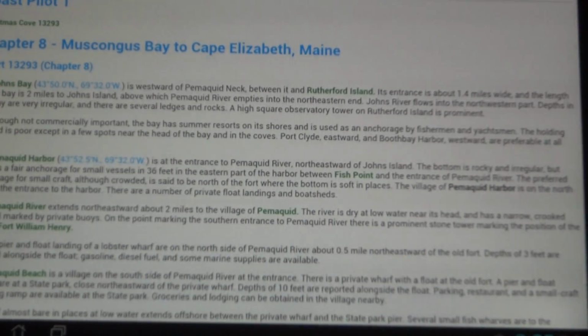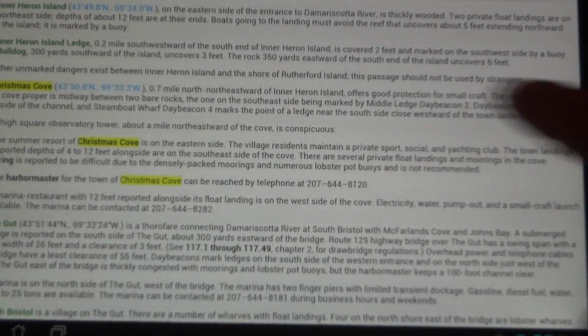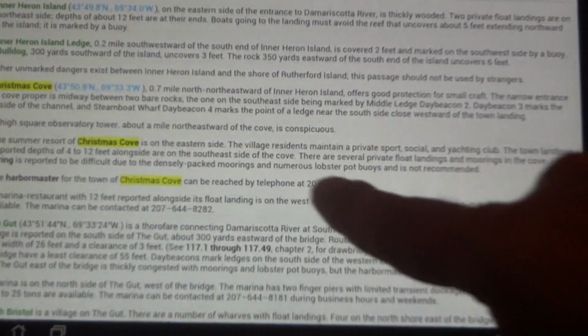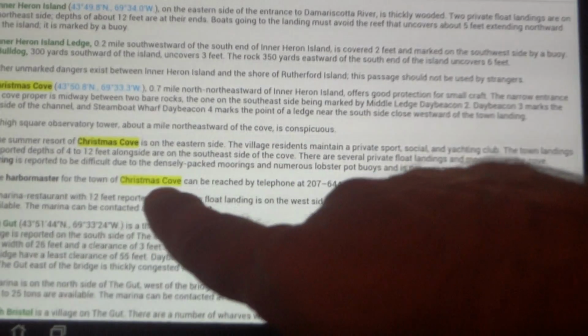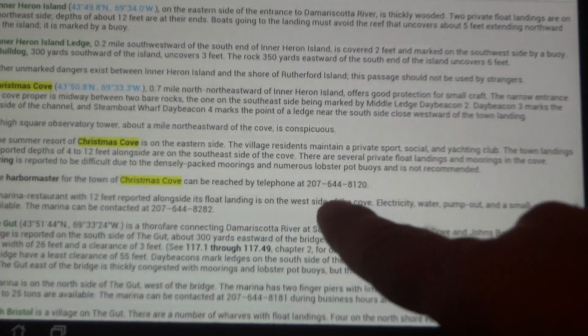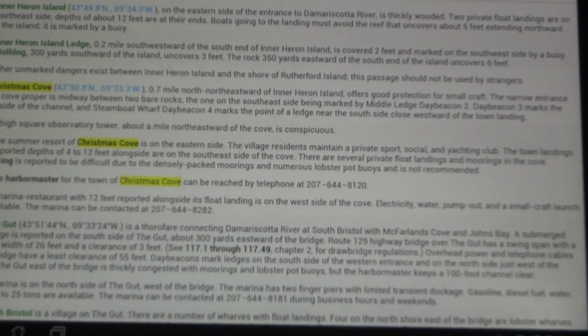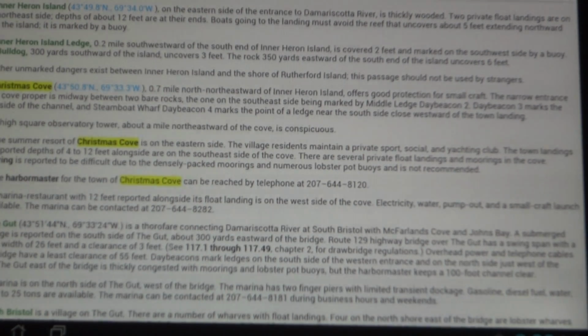And sure enough, it comes up at the Coast Pilot 1. We can scroll down and we'll see it highlighted here where the areas of interest are. It gives us information about Christmas Cove, and eventually it tells us the harbor master for the town of Christmas Cove can be reached at telephone number 207-644-8120. So that's a real quick example of how the app looks and works, and it demonstrates that